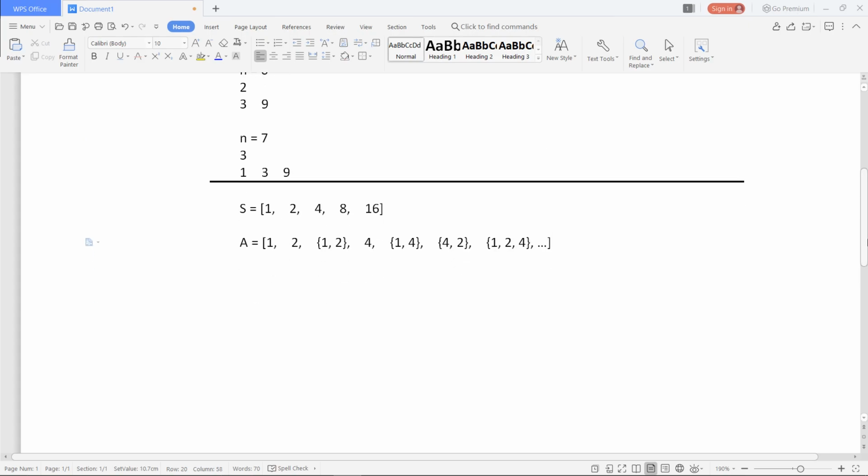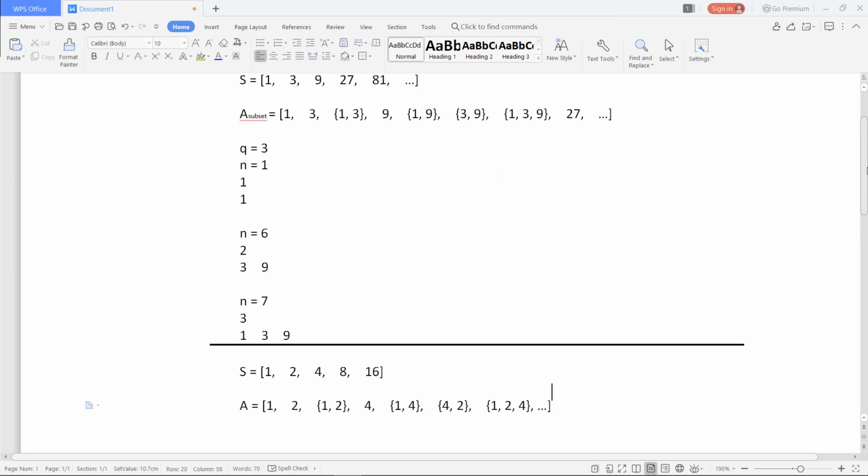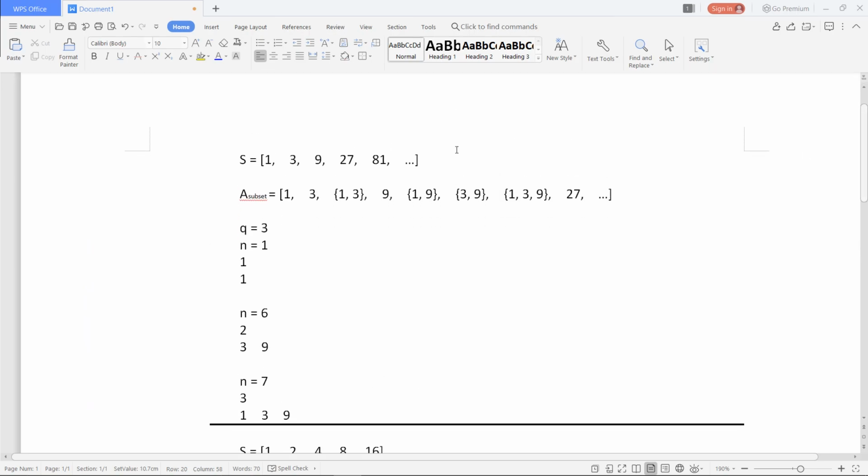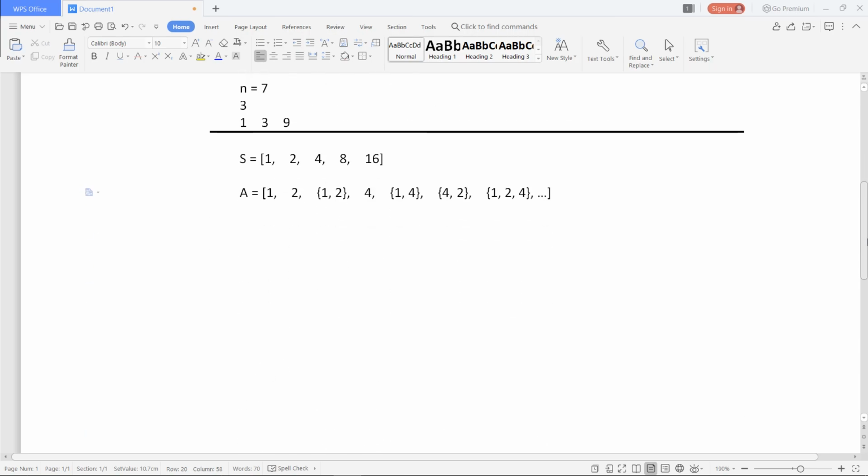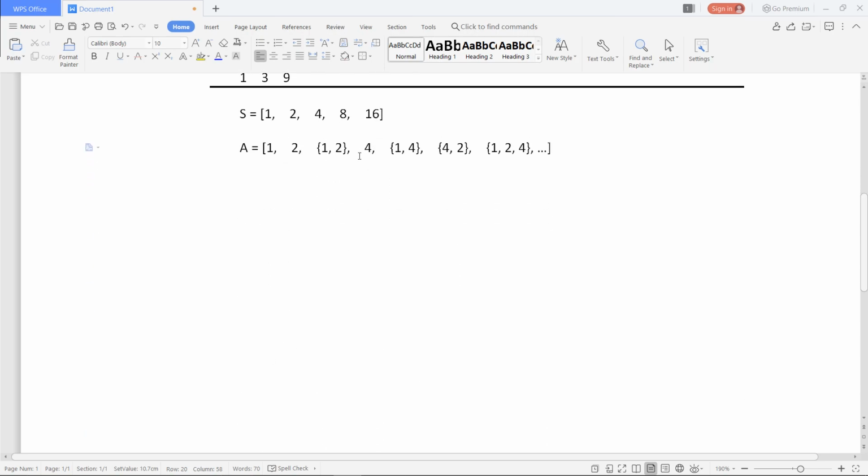So you can see there is a similarity between this case and the previous case. We have to create a subset sequence in which the sum of every subset is less than the sum of the subset after it.